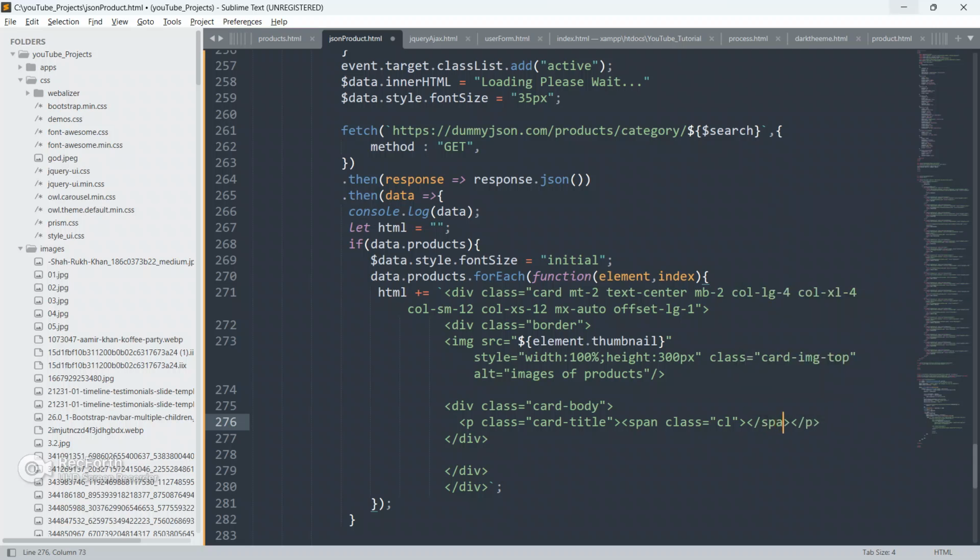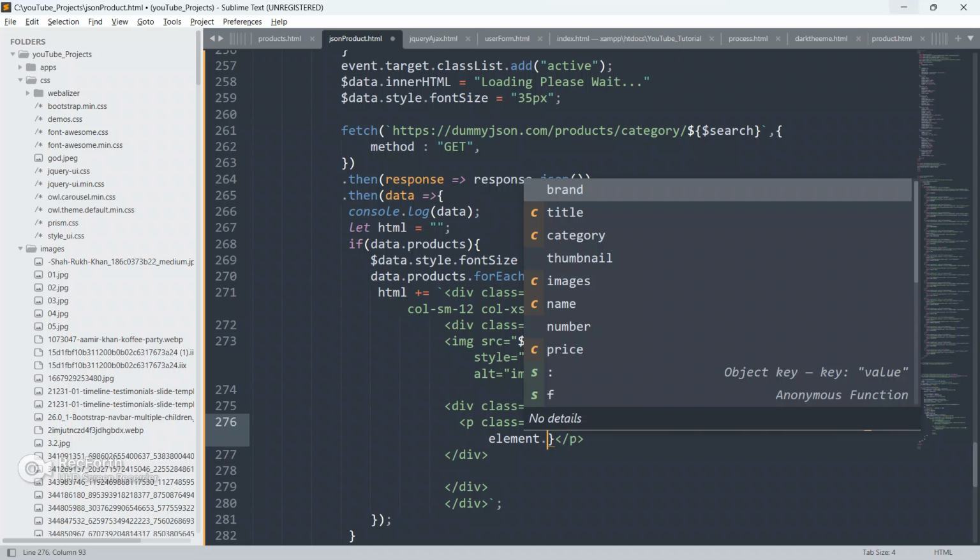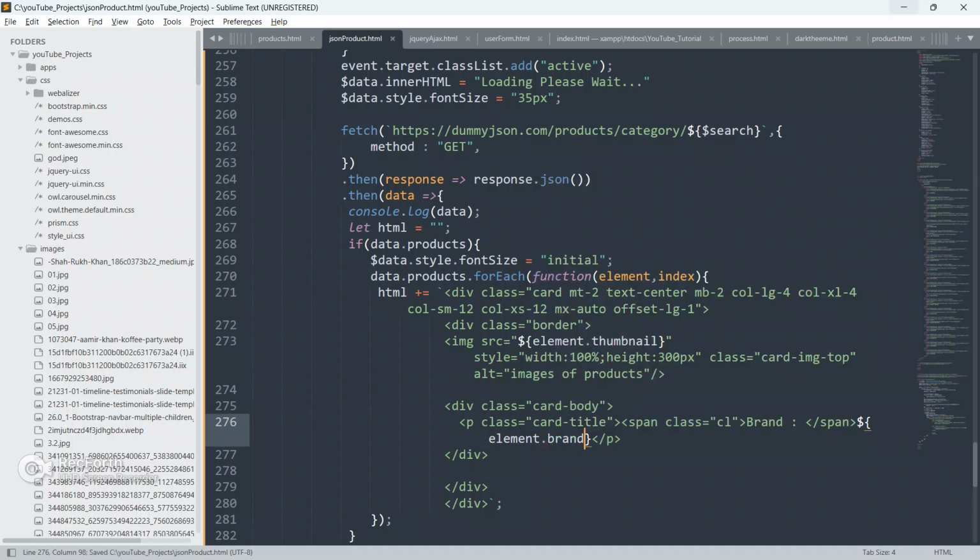Close this span now, and inside this span we are gonna put brand. And here we are gonna use template string or template literal. So we are gonna grab this element dot brand.